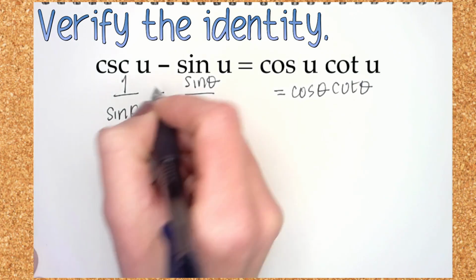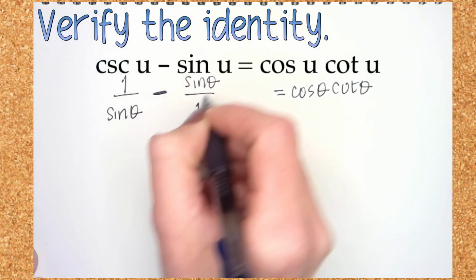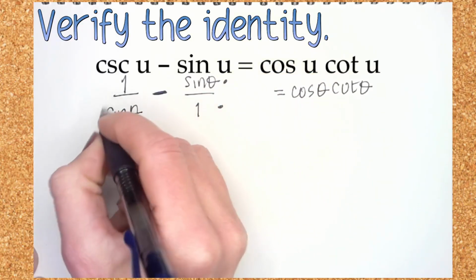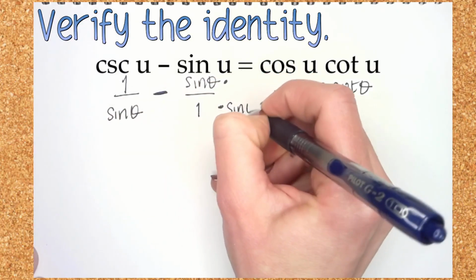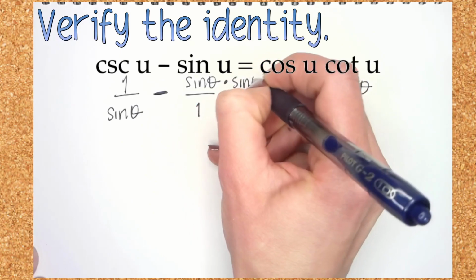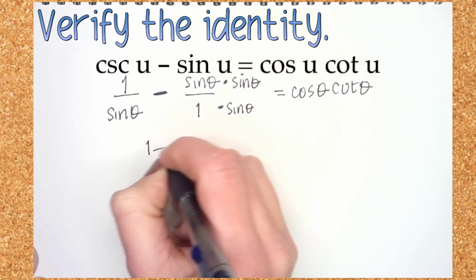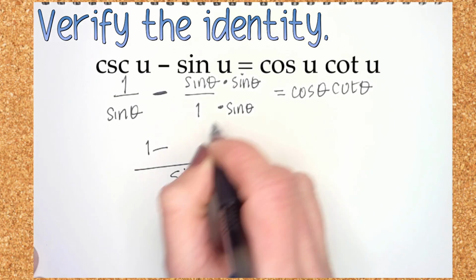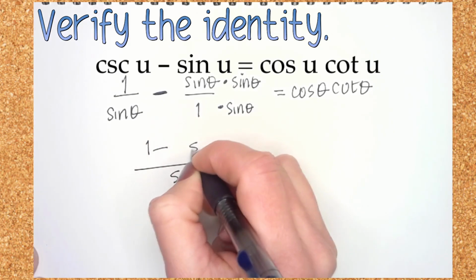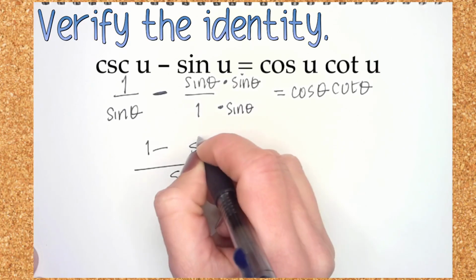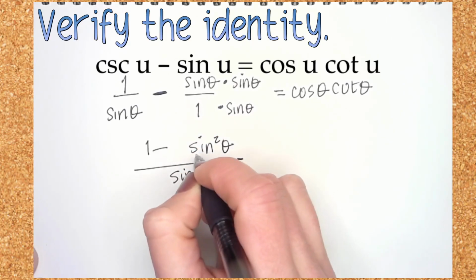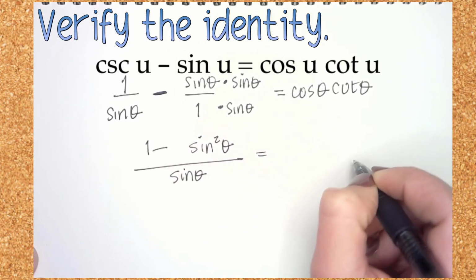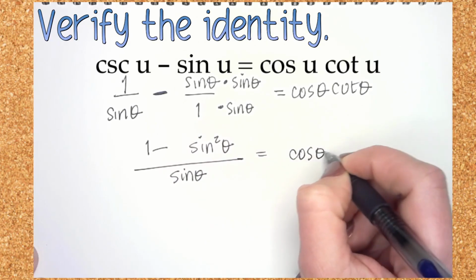Now, I have a subtraction. I have two terms. I'm going to find a common denominator so I can bring them together. My least common denominator will be sine theta. That means in my next step, I will have one denominator of sine theta, right? They both have sine theta on the bottom, but this one now will be sine squared theta. The right of the equal sign will stay the same, cosine theta,